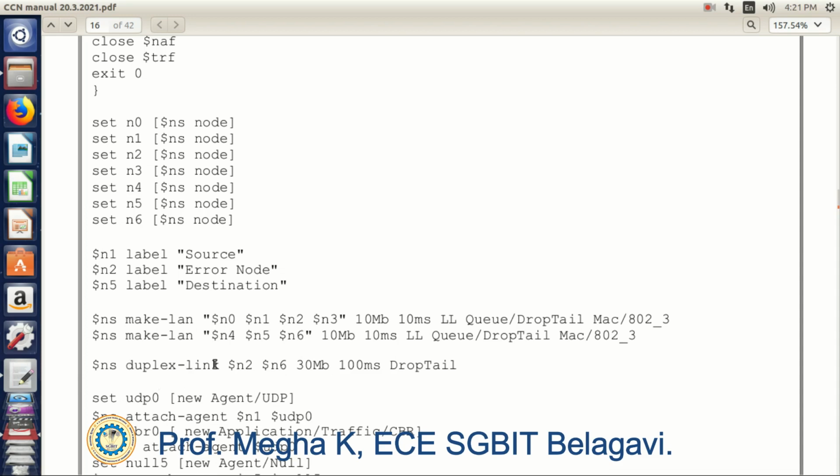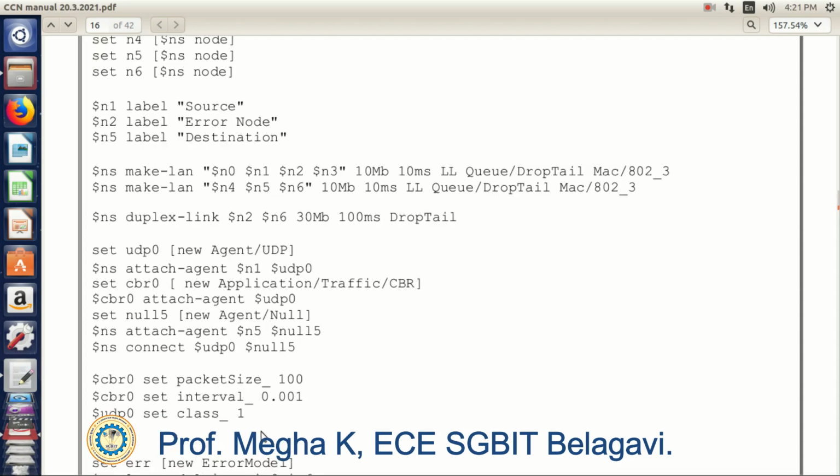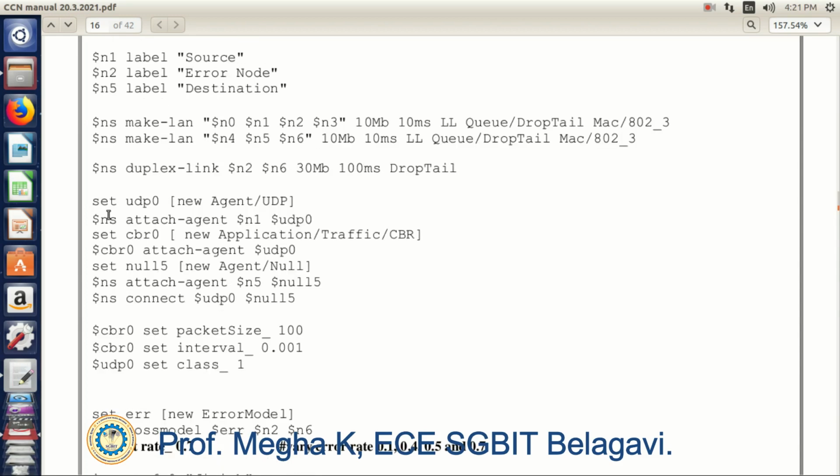Between N2, N3 and N6 there is a duplex link. We have defined the duplex link and the drop tail queue type, right? Now we will see which transport layer and application layer agents are connected. I am using the UDP protocol here.